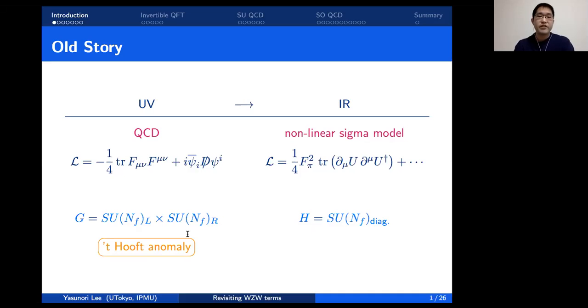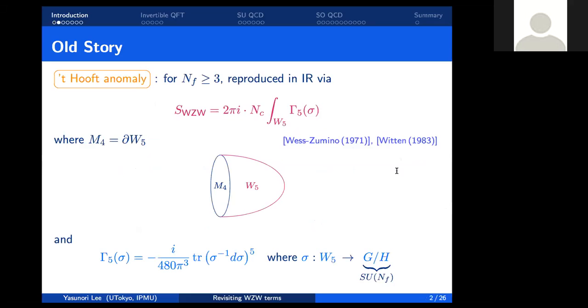So we expect this 't Hooft anomaly of the flavor symmetry in the UV QCD to be somehow reproduced in the IR nonlinear sigma model, but one is led to wonder how that's possible, since apparently there are no fermions in the IR. The answer has been known for decades. The 't Hooft anomaly of the flavor symmetry in the UV is reproduced in the IR by a certain topological